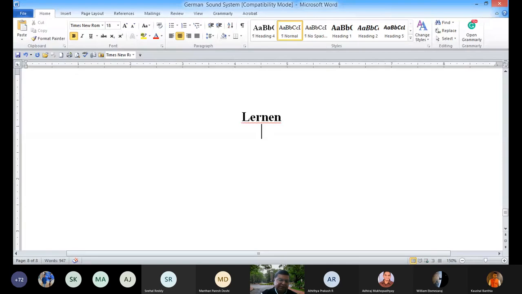Similarly, we have seen another word, SEHEN. As I said, a vowel followed by H is long, but H is silent, H is not pronounced. So here you will pronounce SEHEN as Zain. S in the beginning is pronounced like Z. You will not pronounce Zehen. H is silent here. So the first part is long and the second is short because there are 2 syllables. Zay, Zain. So lernen and Zain are 2-syllable words, and the last syllable is unstressed.